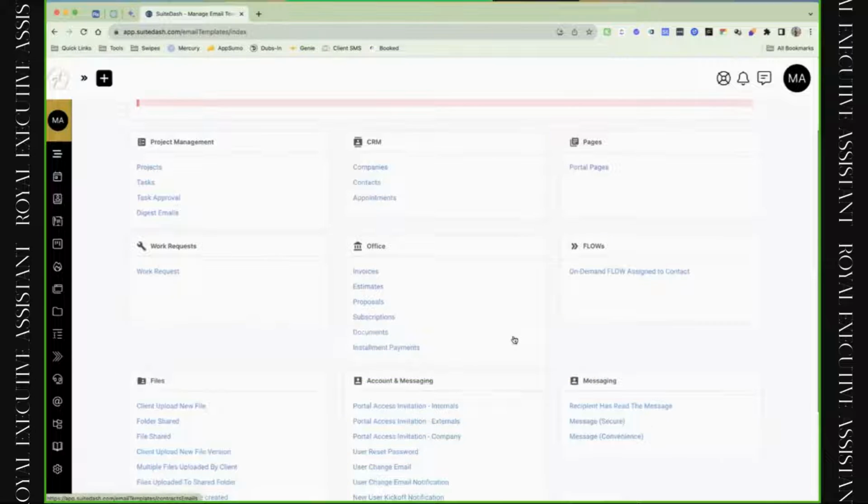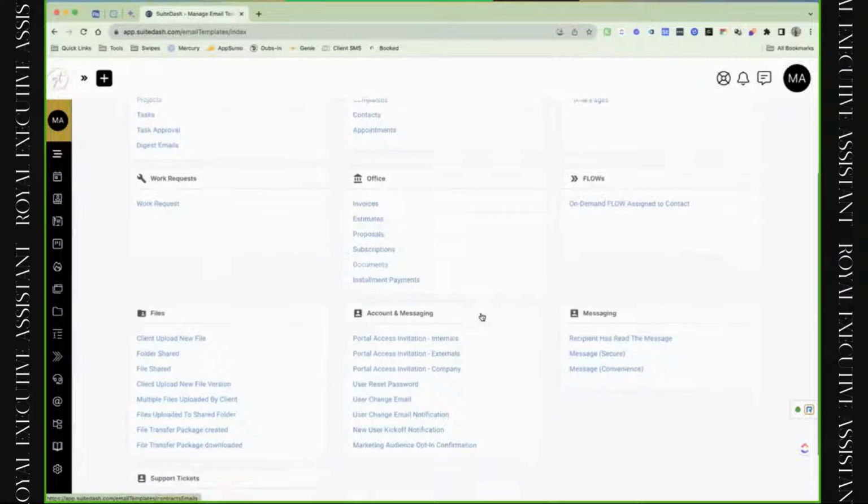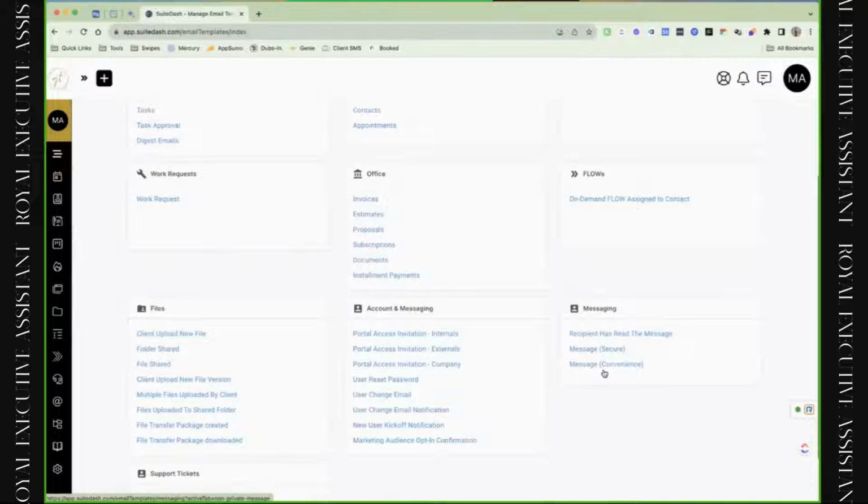Anything that you see inside of this beautiful layout here, you can change. They're all specific to the different toolkits. So if you wanted to change something from a portal page, if you wanted to change something from the internal messages, you can do that. So that kind of concludes